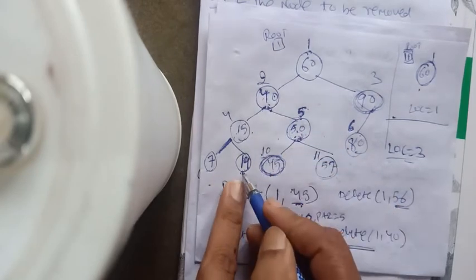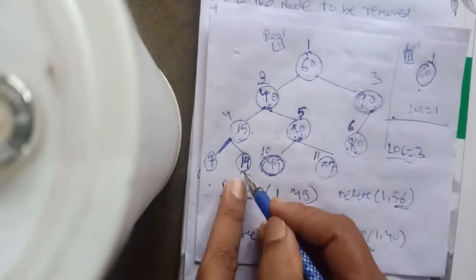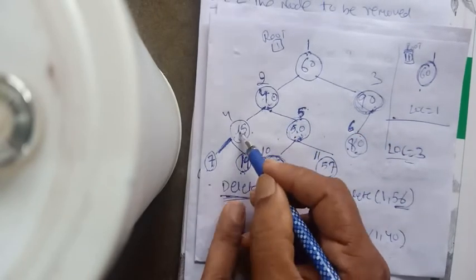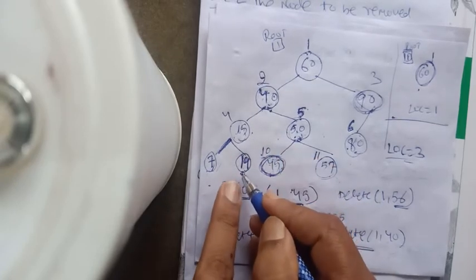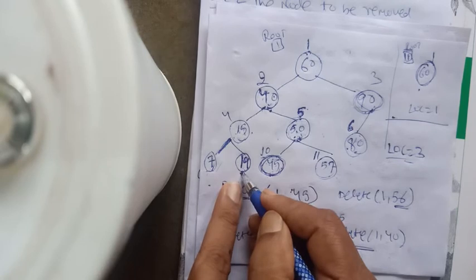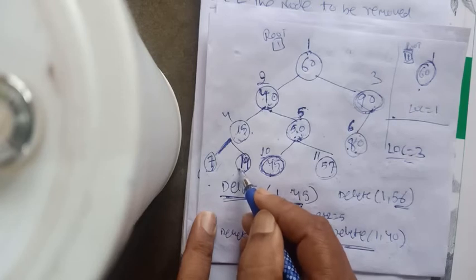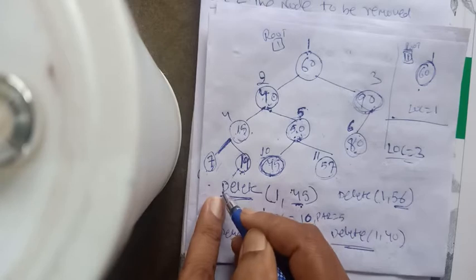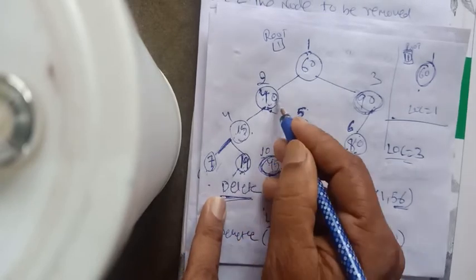This largest value is less than 40, and it is greater than all other remaining data. So definitely this should be either a leaf node, or it must have at most only a left child, because if it has a left child, then that value also must be less than 19. I am saying 19 is the largest value in the left of 40.